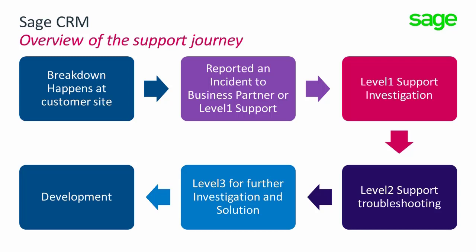When level 1 support has finished and the issue didn't resolve, they raise the ticket to level 2 support. Level 2 support will do the investigation, and then it will come to level 3 if no solution was found. Then finally, the last step will be the development team. If we think the issue is with the software, if it is a bug or enhancement or needs development assistance, then it will go to the development team.